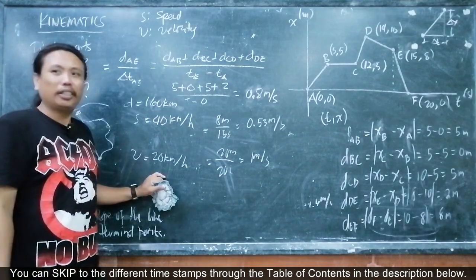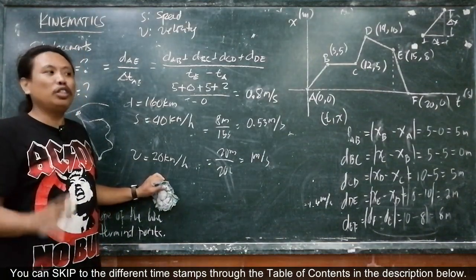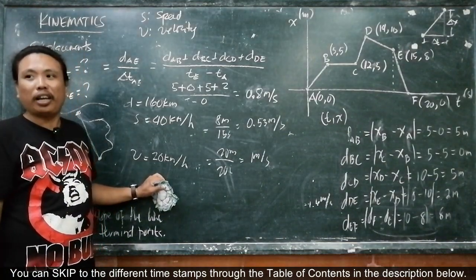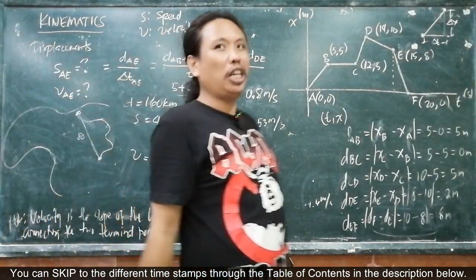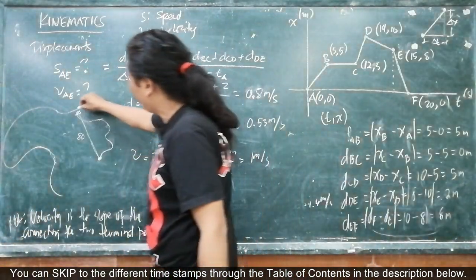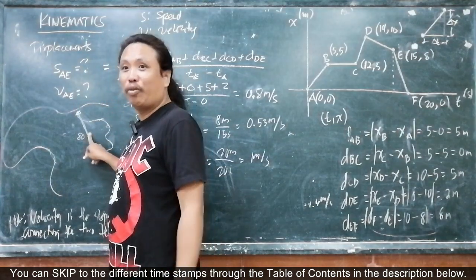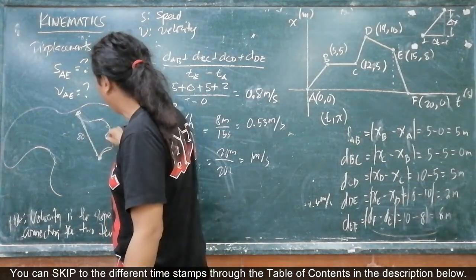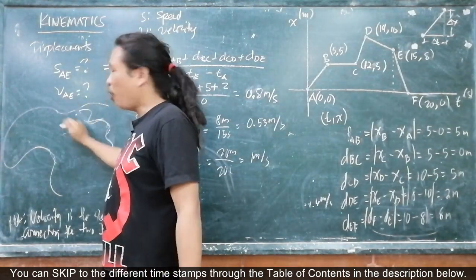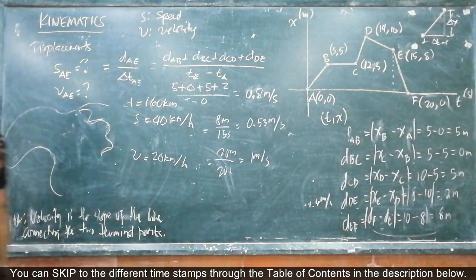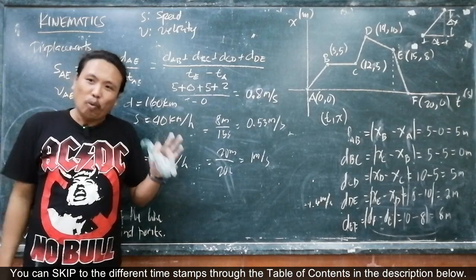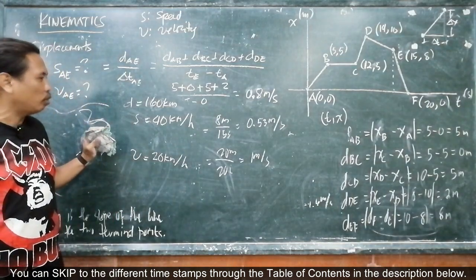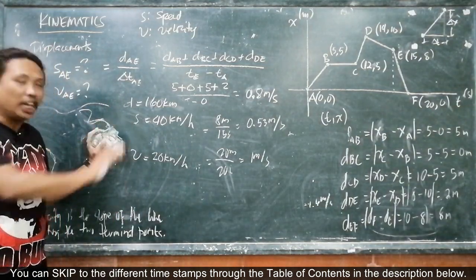But here's the thing here. Kung tanawon man gud ninyo, what would matter is the average speed. Because the average velocity is of no use to us, because this distance is of no use to us, right? We are not traveling in this distance. We are traveling this road here. So the average velocity doesn't matter here. What matters actually is the average speed in this case.